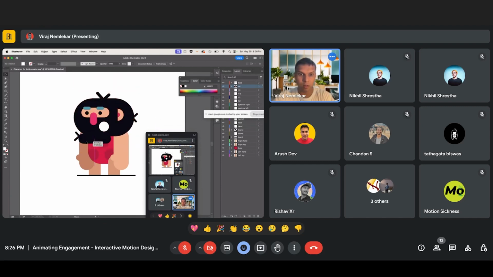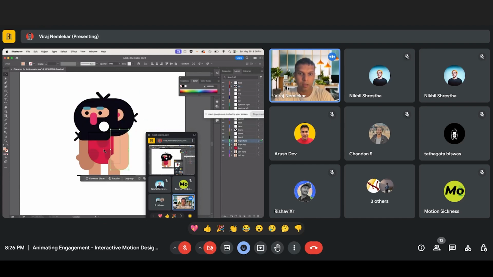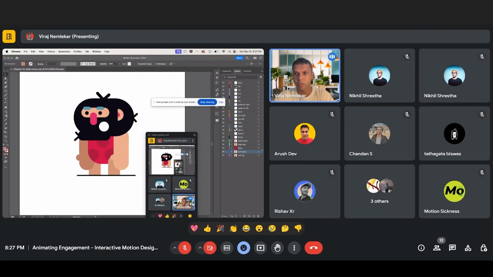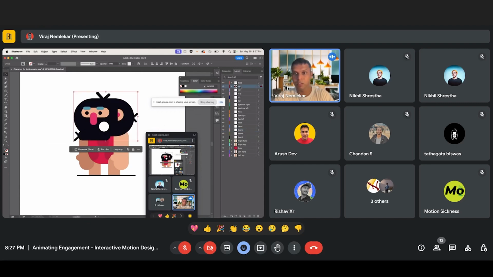So if you see right now, I have grouped it, right? The body is grouped, the hands is grouped, and yes. So now, if you can see, where is this beard? Okay, it's locked. That's why it's not showing. Okay, so if you can see, this is the face now,